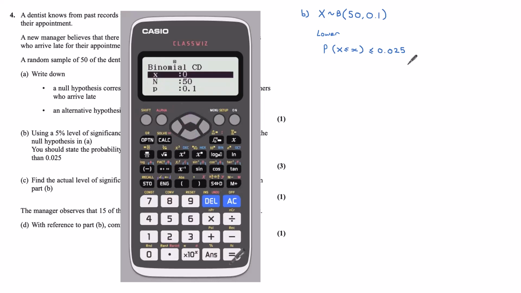So let me start with 0. If I push equals 0, let's do shift and again. 0 is 0.005. Now that is certainly less than. That's good. So let's try 1. 1 is 0.0337. Now that is greater than, which means we've already found our lower bound, and that is 0, because that gives us this answer here of